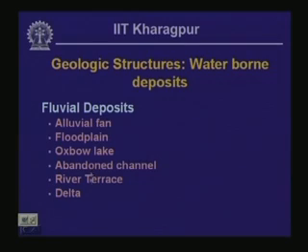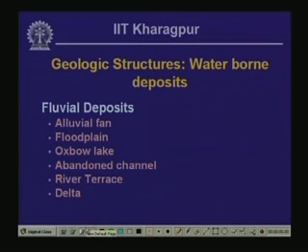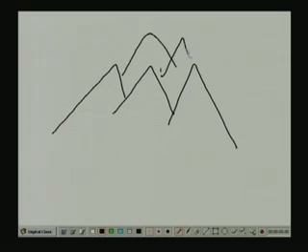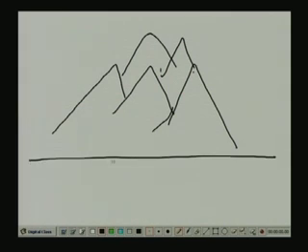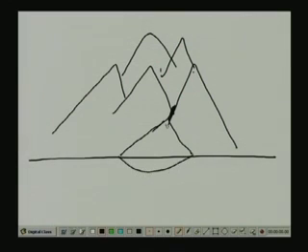Now, let us see what we mean by each one of the terms that I listed there. Imagine a river flowing out of a mountain range and hitting a relatively flat area once it exits the mountains. In that case, there will be a lot of sediment load that it carries when the slope it is passing through is relatively steep, and then once it hits a shallow slope, the river tends to deposit the sediment load in the form of a fan, and this type of structure